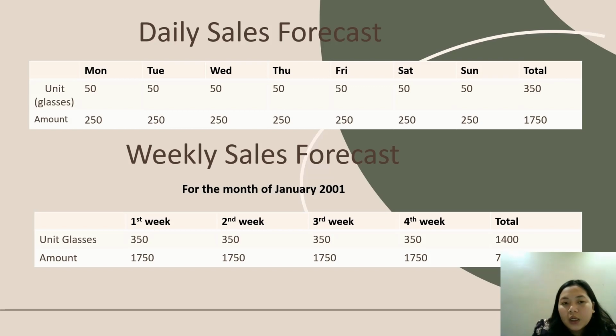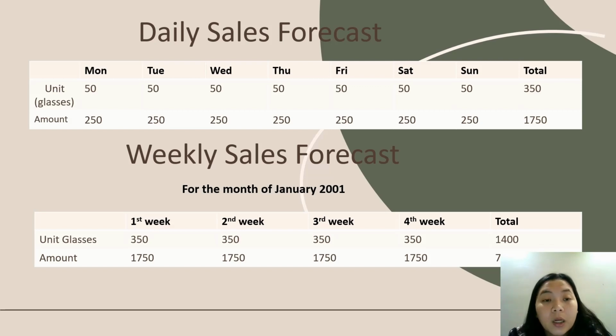So from Monday, Tuesday, Wednesday, Thursday, Friday, Saturday, Sunday, and total. All right. So we can see the daily sales forecast